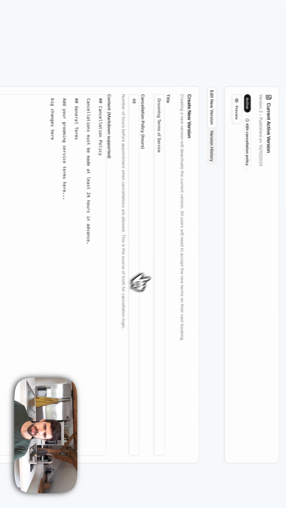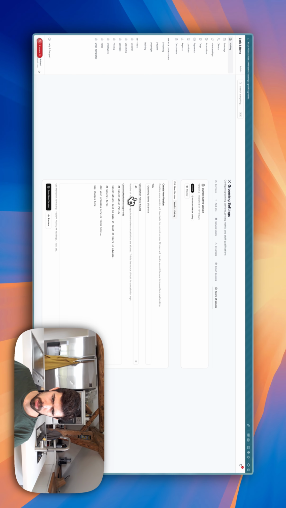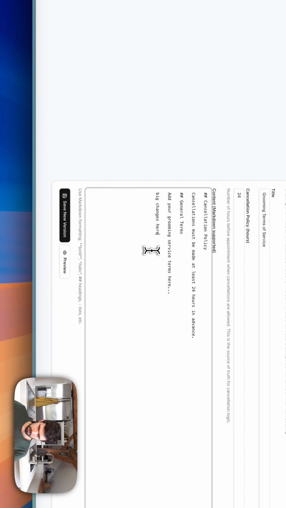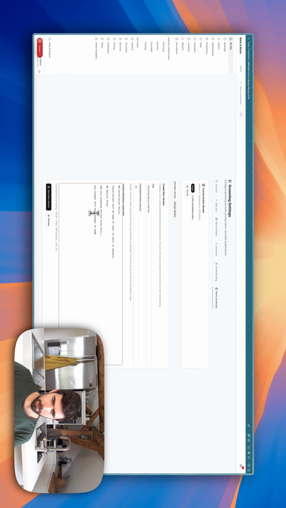Here is the terms of service. So we can add a new terms of service. So you can see we're on version 2, but we could change that to version 3. Let's do a 24-hour policy and huge changes to come. Obviously, this would be a real terms of service. I just want to